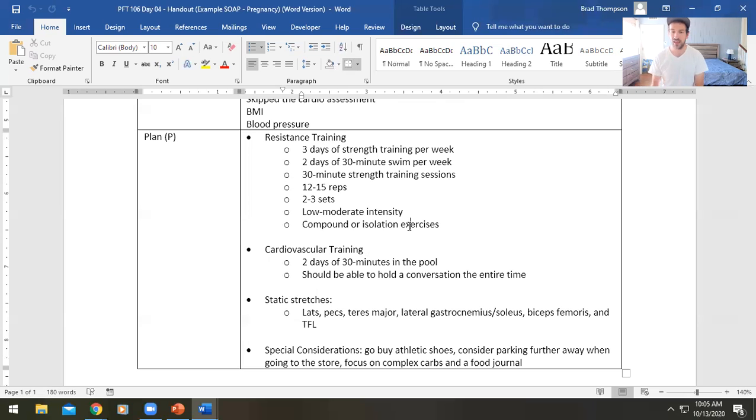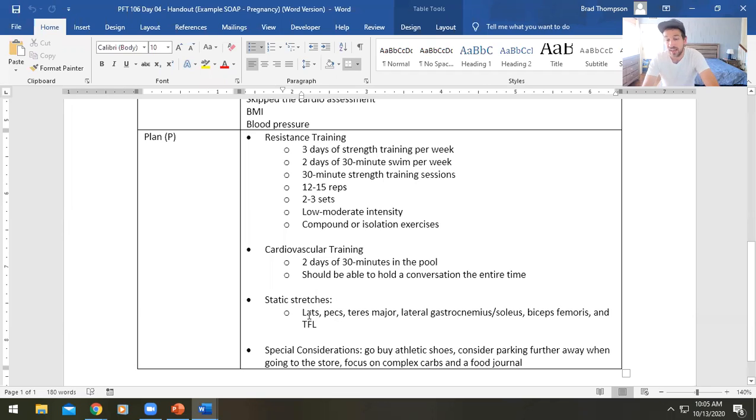So we're going to avoid that and instead do something that's maybe a compound movement like a chest press or a squat separately. That's usually, if it's a chest press, chest, shoulders, and triceps, 3 body parts, nothing too crazy. Or we can do an isolation exercise, something like a chest fly, which is literally just for the chest. Cardio training, like I said, 2 days a week, 30 minutes in the pool. She should be able to hold a conversation the entire time. So we're going to encourage her to be able to, she's not out of breath, but she's breathing a little